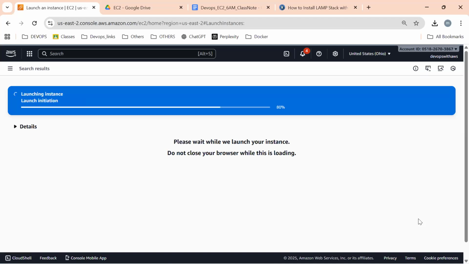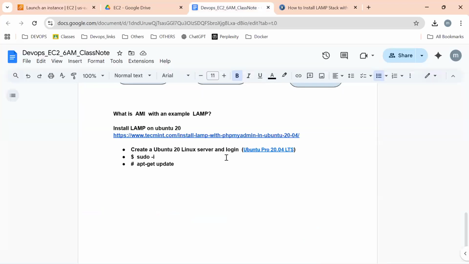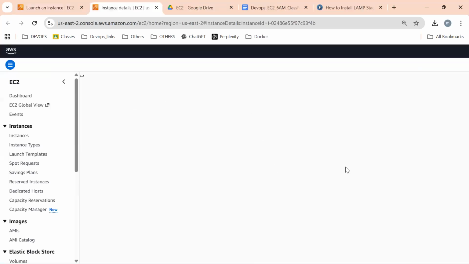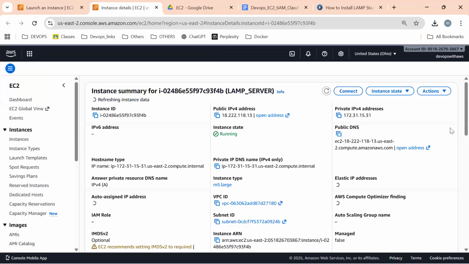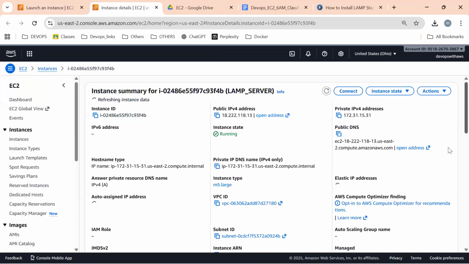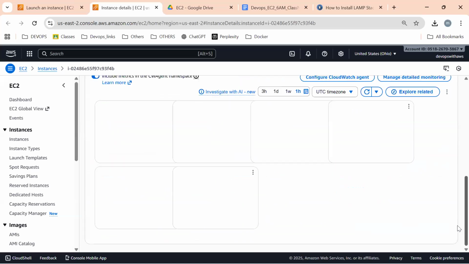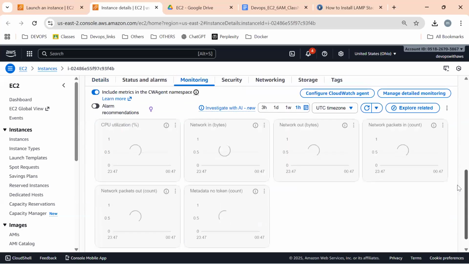Is our server successfully created or not? Tell me. Once it is created, you know very well how we can get into the server. So please double click on the instance ID, and we can see the complete information about our instance: public IP, private IP, public DNS, private DNS. A lot of information we can get from here, even the security information and whether it is under monitoring or not. Everything. So we can see the complete information about our instance. An instance is nothing but a server.